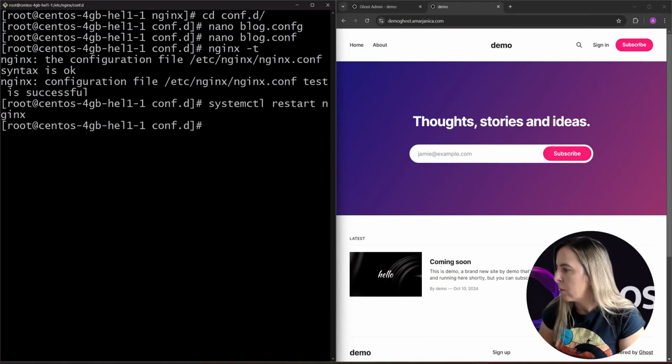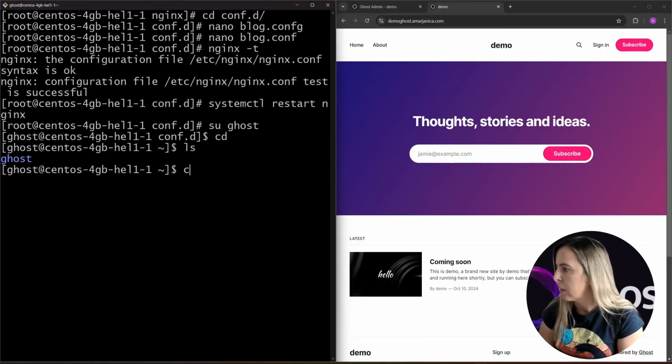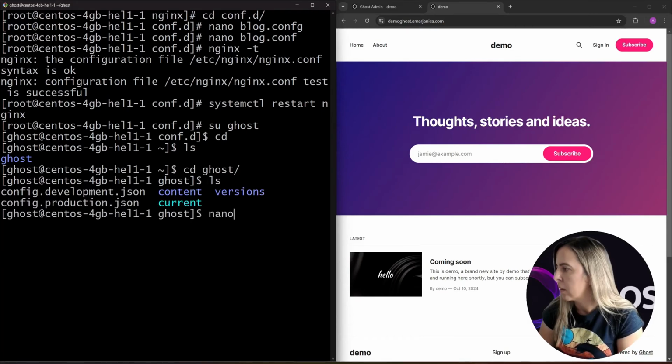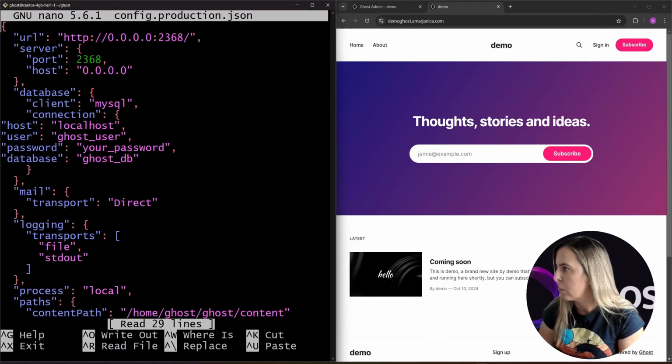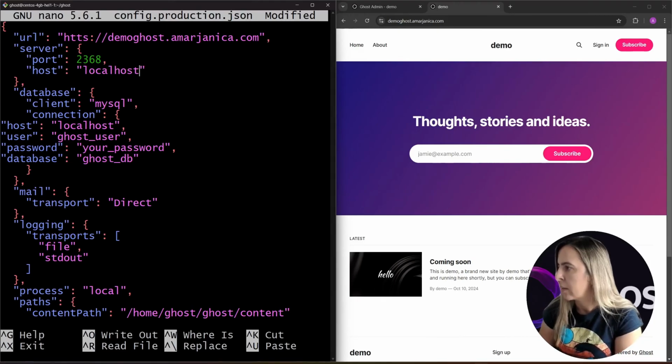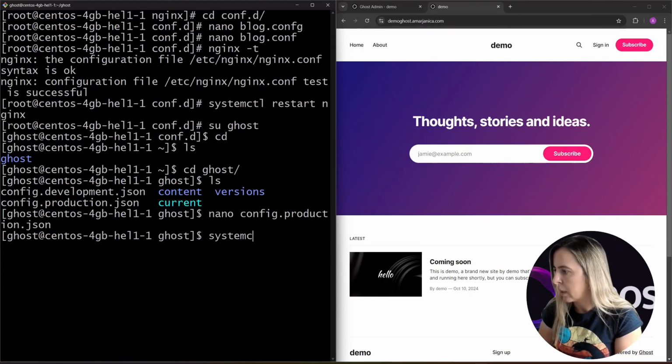One more thing that you need to configure in Ghost. Go to the production configuration and instead of this, try changing it to your domain name. And we don't want Ghost to respond to any other host except localhost or on 127.0.0.1. And for the changes to take effect,